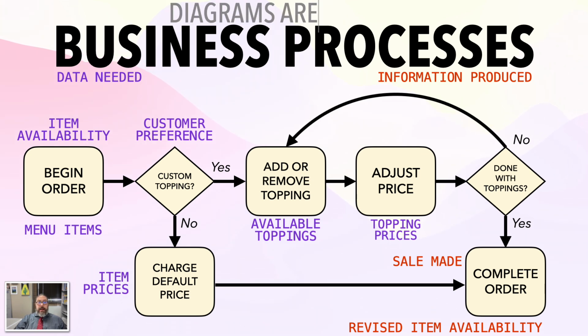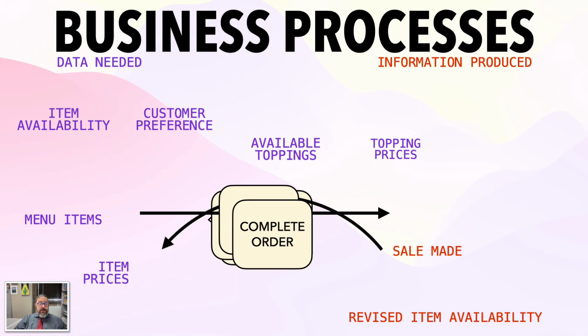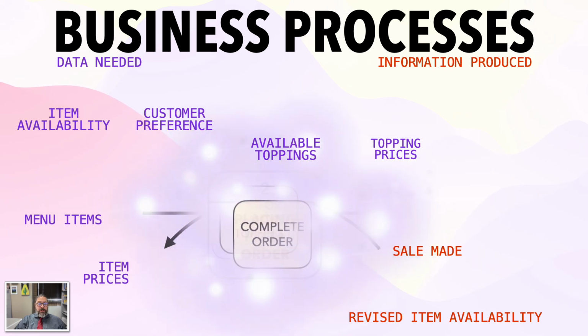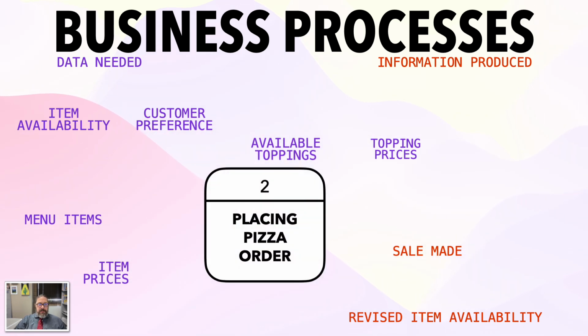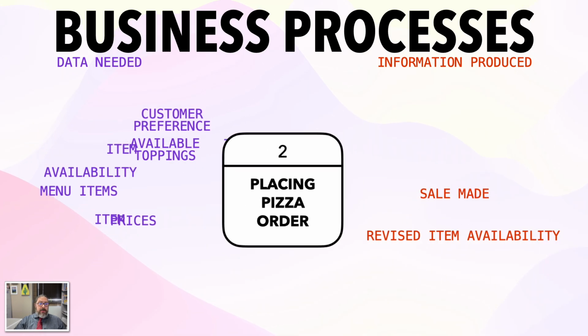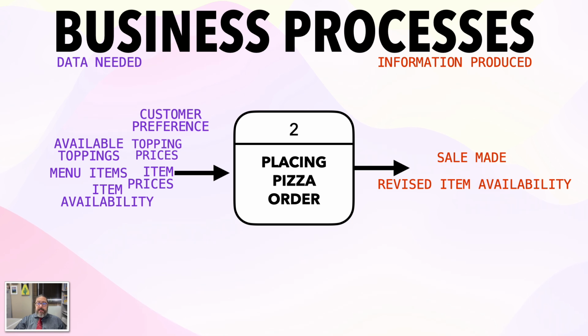So diagrams are abstract. And I can further abstract this idea of a business process and the inputs and outputs to it by using what I have here as a process symbol in data flow diagramming. And what you see here is a representation of that modular design, placing a pizza order. And we have these inputs, we have these outputs, and really, while these are kind of specific to that modular design, we can